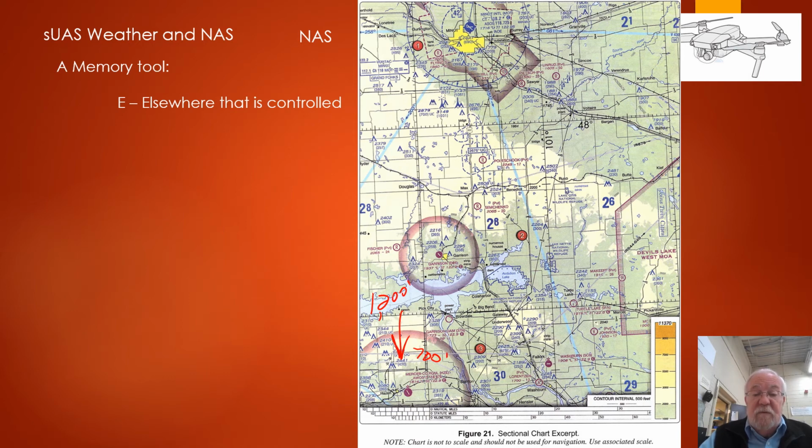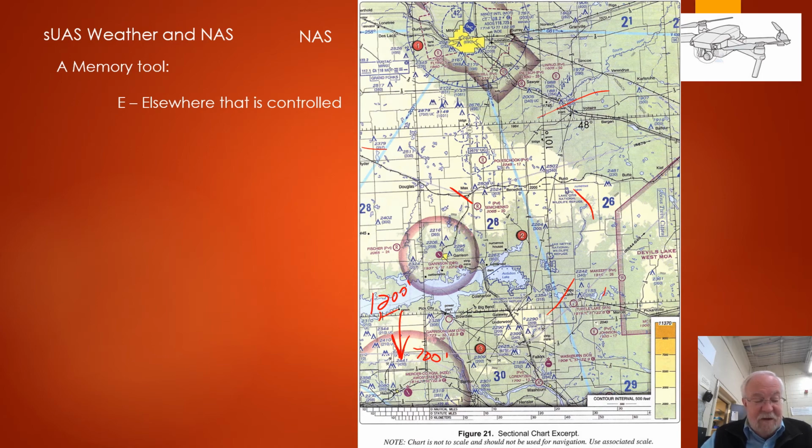controlled airspace. So 700 feet and above is controlled airspace. Out here, 1,200 feet and above is all Class E airspace. It's an odd kind of airspace, but that's really all you need to know at this point. It's odd because manned aircraft can fly in there without permission as long as the weather is VFR or better,